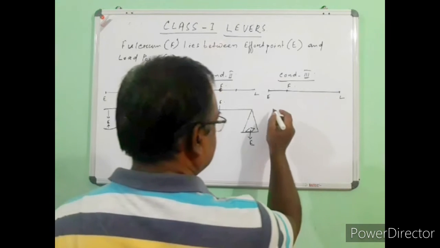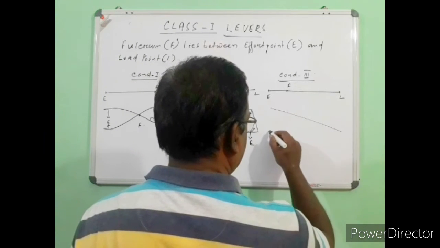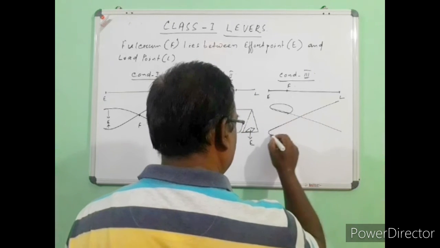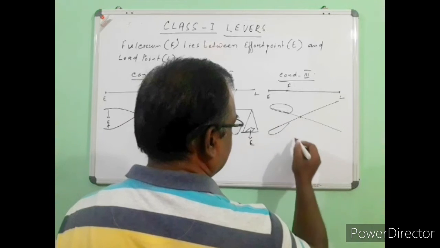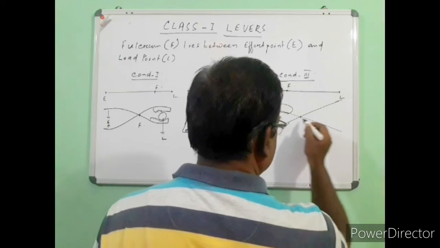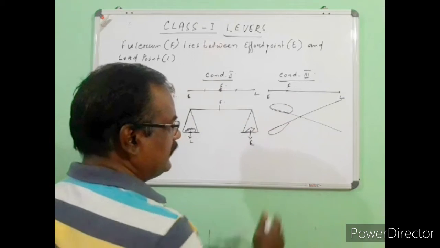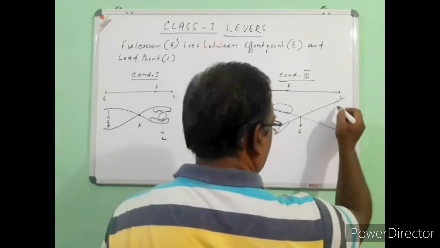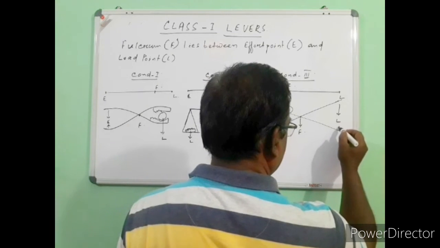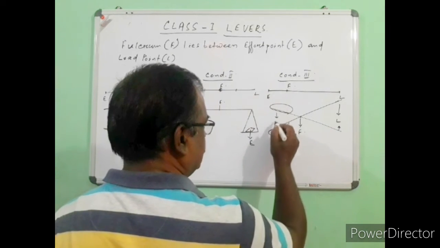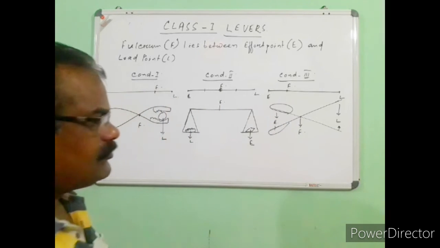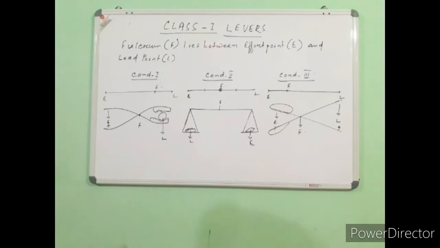And condition number 3, think about a scissor, particularly one meant for cutting cloth, because there are several types of scissor. In case of cutting cloth, we must have seen that the blade is quite longer than the handle. So now this is your fulcrum point, and somewhere here is the load and the effort has to be applied here. So here we can say that the fulcrum is very close to the effort point and the load point is comparatively farther than the effort point.